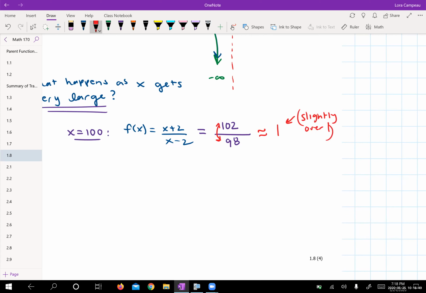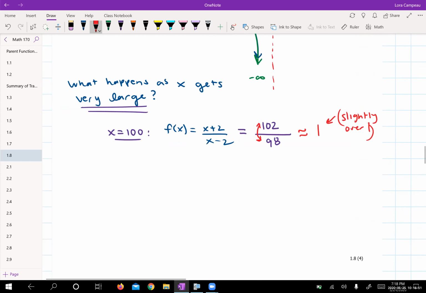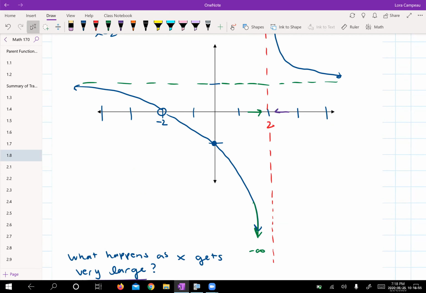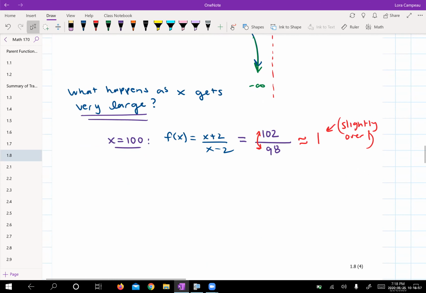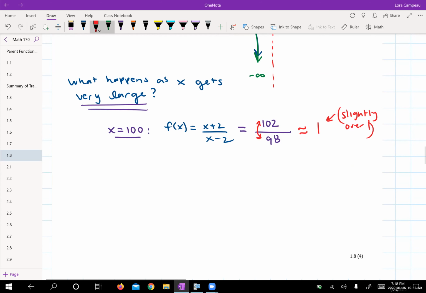But at least we have an idea of why we would have a horizontal asymptote. You can go crazier. What happens at x equals positive 1,000? We should have something like 1,002